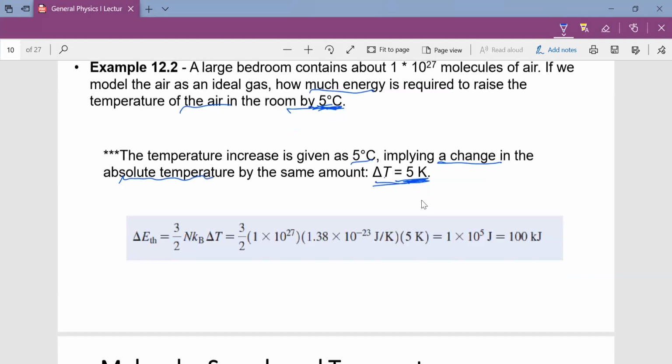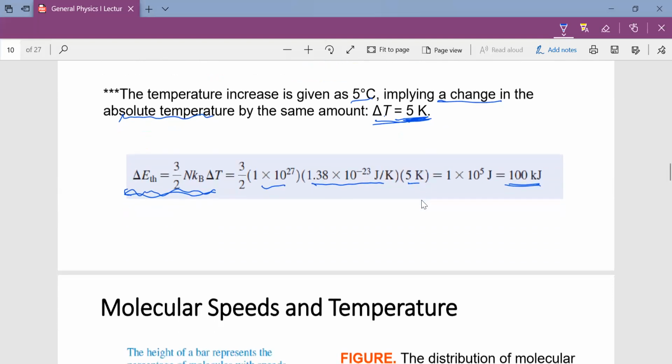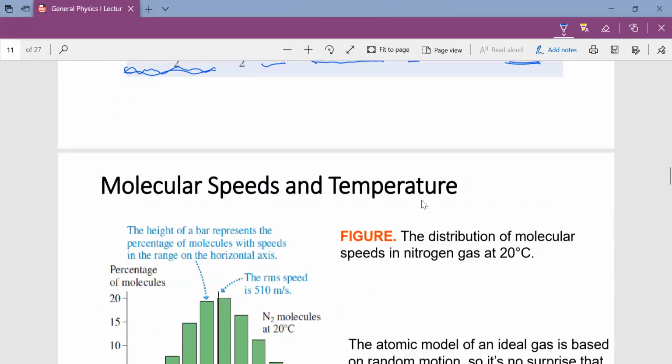Okay, so knowing the value for temperature in Kelvin, we apply the last equation that we talked about, the thermal change. We'll have our value of N given in our question, the Boltzmann constant, and the change in temperature, to have the final value as 100 kilojoules. So 100 kilojoules is the energy required to raise the temperature of the room by 5 degrees Celsius. Okay, so we advance further